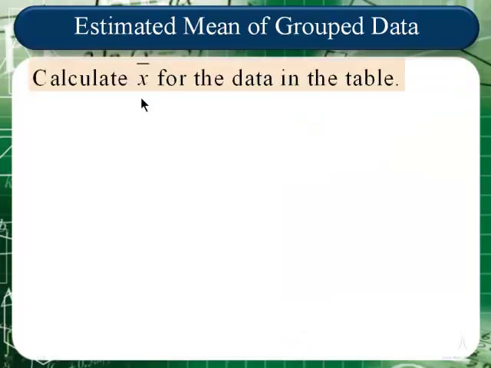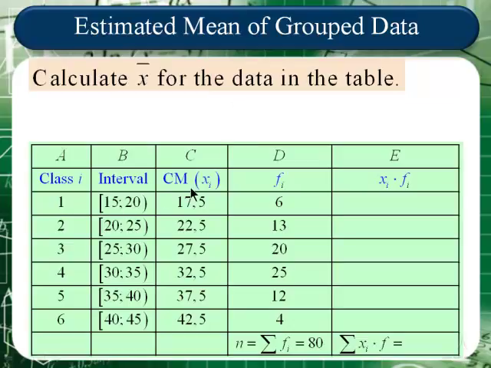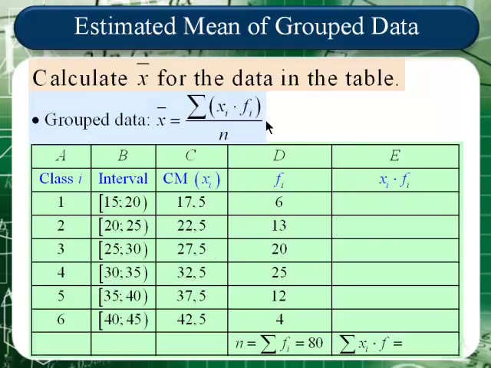We want to estimate the mean of group data. So to calculate the mean for group data in a table, as we have here, we need to complete an additional column. We need to determine the product of the class mark and the frequency of each class, and then find the sum of these products, because this we know is the formula that can be utilized to calculate the